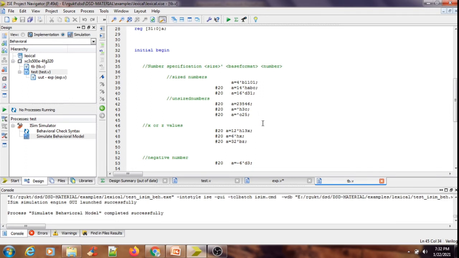I have mentioned that the default register capacity is 32-bit for any compiler or simulator, because it is machine specific. But here I have taken A equal to 4-bit binary 1101, 12-bit hexa ABC and 16-bit decimal 31. Let me simulate this one now.